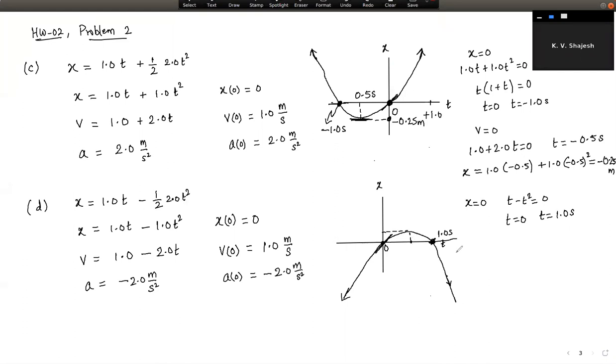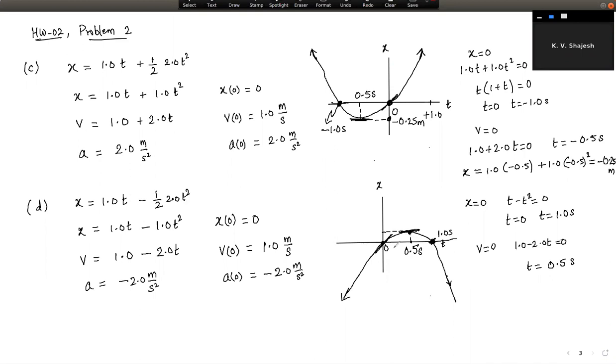Where does it become a maximum? For that we set velocity equal to 0, because right at that point the slope is equal to 0. Since the slope is 0, velocity is 0, so 1.0 minus 2.0 t has to be equal to 0. That implies that t is equal to 1 over 2, so that's 0.5 seconds. So we learn that the point where the curve reaches a maximum is 0.5 seconds, because the velocity